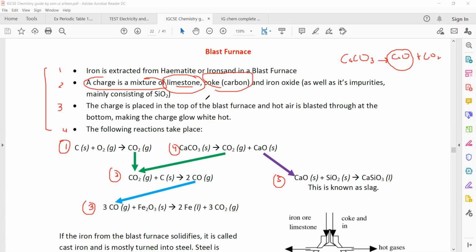Why do we need coke? Because coke will react with oxygen, gives carbon dioxide, and carbon dioxide reacts with more coke to form carbon monoxide. And production of carbon monoxide is important because carbon monoxide can remove the oxygen from the ore of the iron and form iron metal or molten iron. And why do we need an ore or iron oxide? Because we want to separate the iron from its ore only. Is it clear?